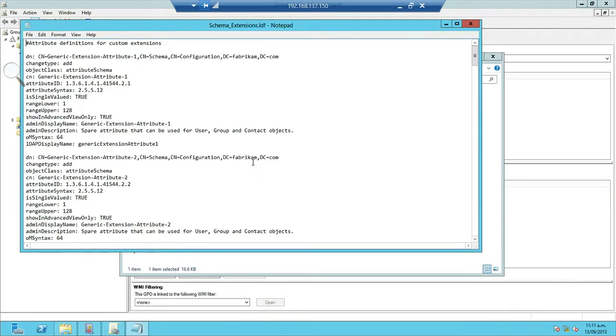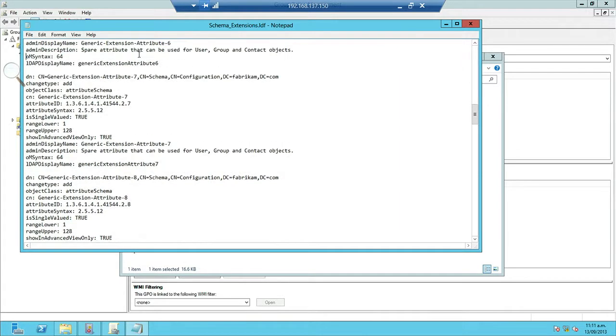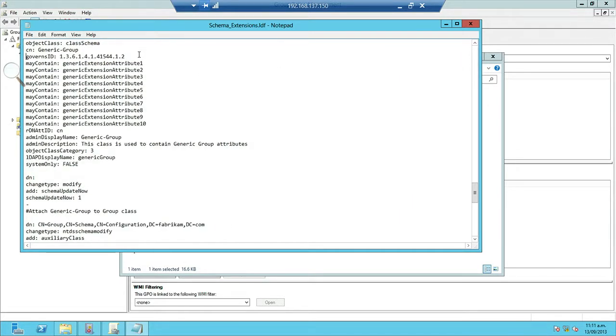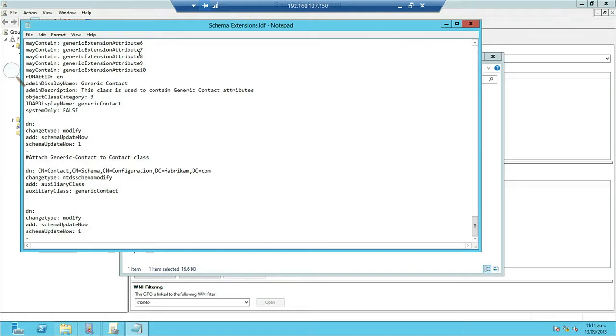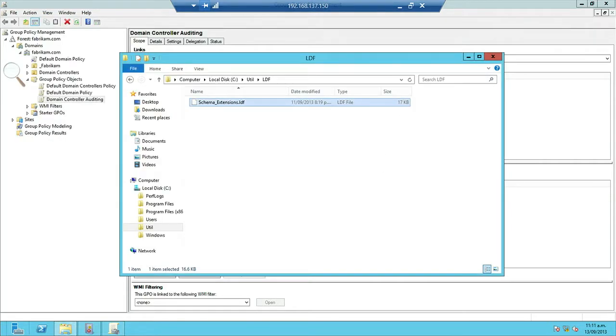So the means by which you extend the schema is you define an LDIF import file. The syntax, if you're not familiar with it, is relatively straightforward. There are a lot of really good examples out there on the internet. So basically, I'm running through the file very quickly. I've defined a whole lot of generic attributes. Then I've defined some auxiliary classes, in this case one called generic group. Then towards the end I link that to the appropriate base group class, and I've defined it here for contacts, users, and groups. Then when I'm ready to run the import,